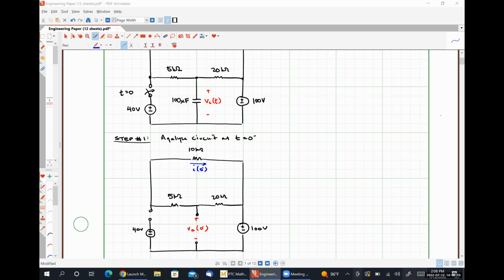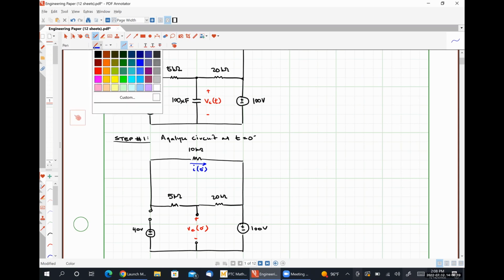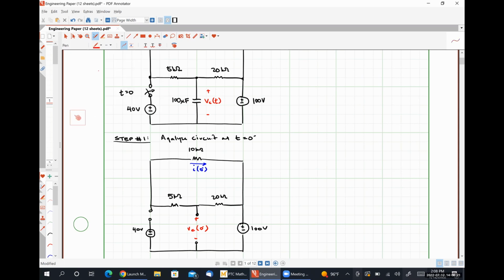All right, so let's work with what I believe I saw Devarier saying we should try mesh analysis. So if we employ mesh analysis,